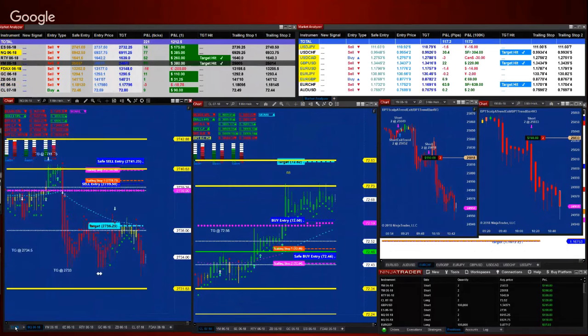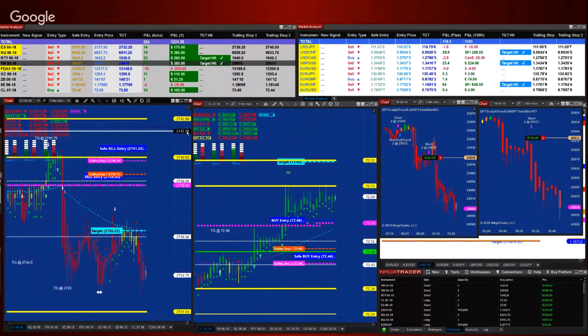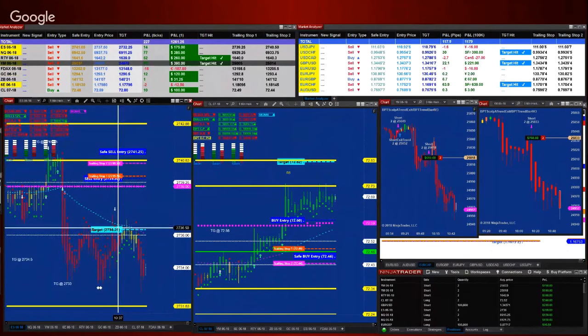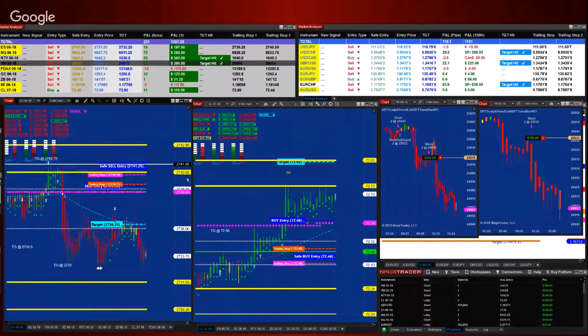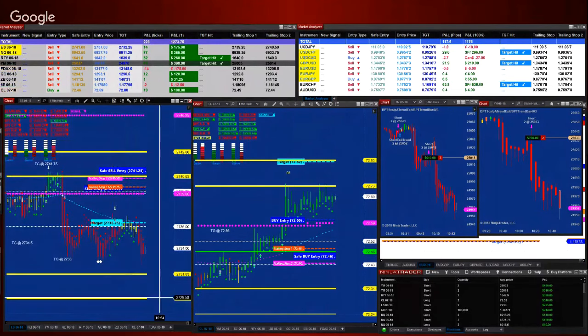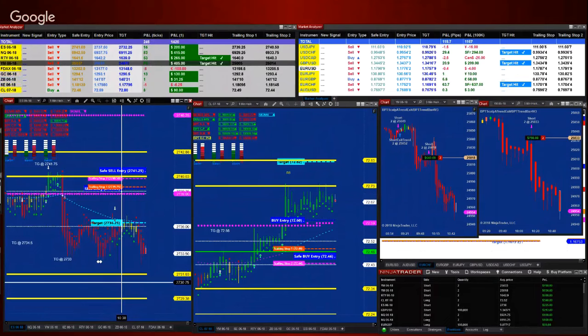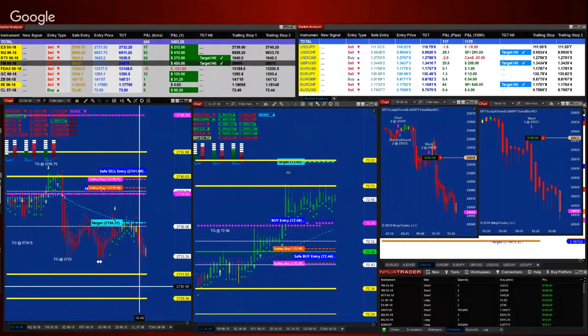Let's look at the ES. A lot of traders like to take a trade on the ES. The ES is already hitting the target, and once it hit the target, we are getting to these yellow lines here. This means you probably still have a little beef all the way to the 30.75, but this is not enough to risk a trade for just a few lousy ticks. I mean, barely a couple of points, so they're not worth chewing on.